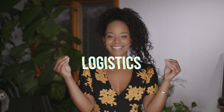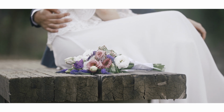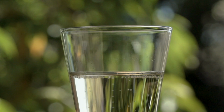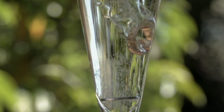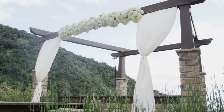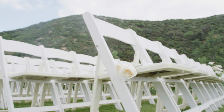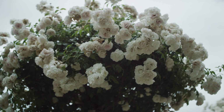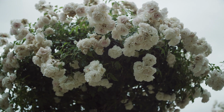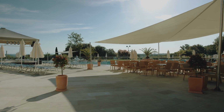So logistics. I know it's your wedding, you are super excited. Oh my God, it's your wedding. But it's your special day, but everyone else has a life outside of your wedding day, and you just wanna make sure that you're thinking about everyone in this process. And what I mean by that is you might fall in love with the venue, but if the logistics are really difficult in getting to that venue, unless you are the type of person that is planning a wedding that is very difficult to get to because you want a small wedding and you want to eliminate people, which is dope, I support that. But if you want people at your wedding, make it easy for them to get to,